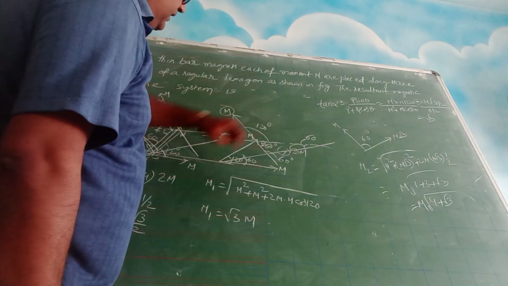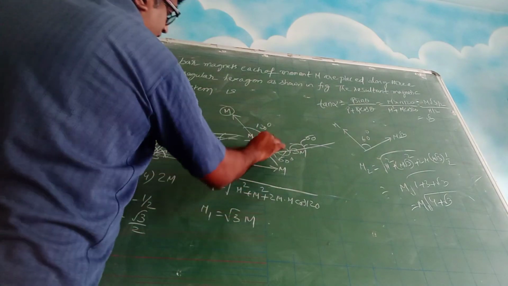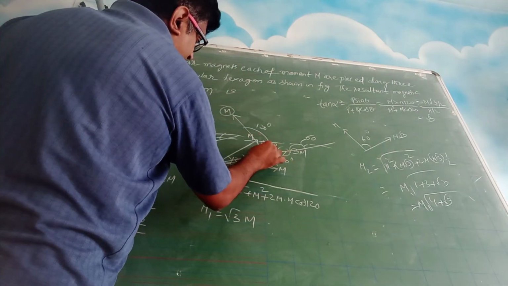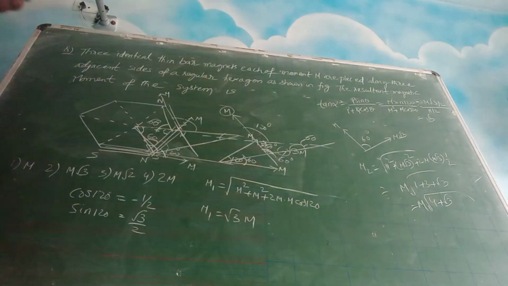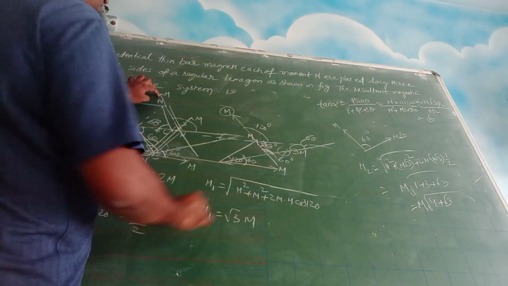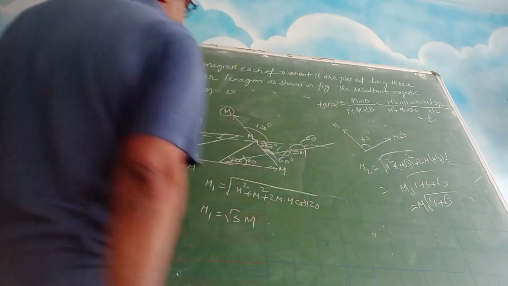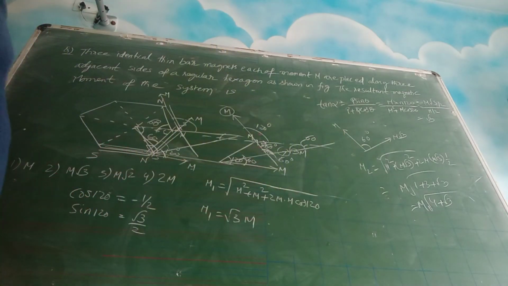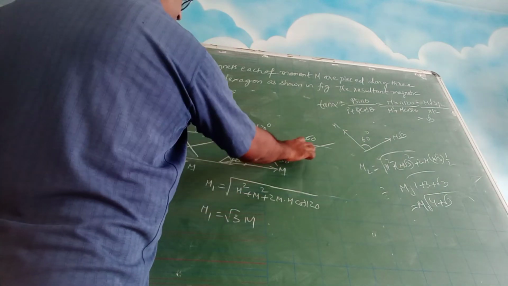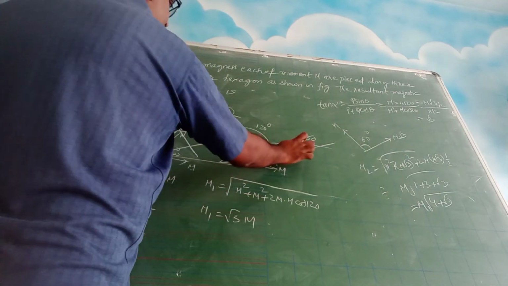So this is 120. What is this small angle? So basically we have to crack what this angle is. We are trying to find out the angle, and we have to see the directions also. This direction is like this and this direction is like this. So this is 60 because both are parallel. So this is 60, this will be 60.